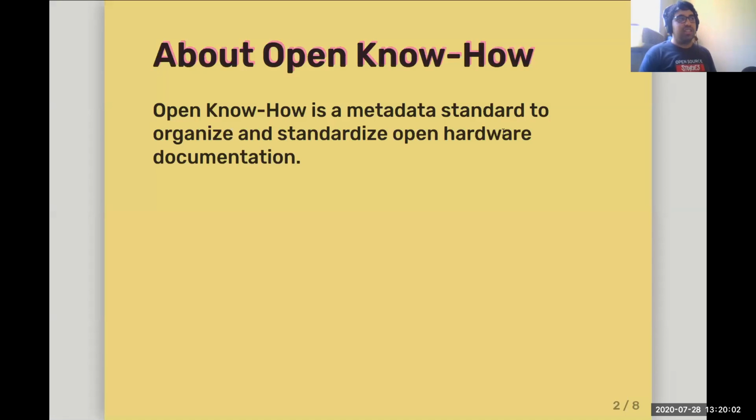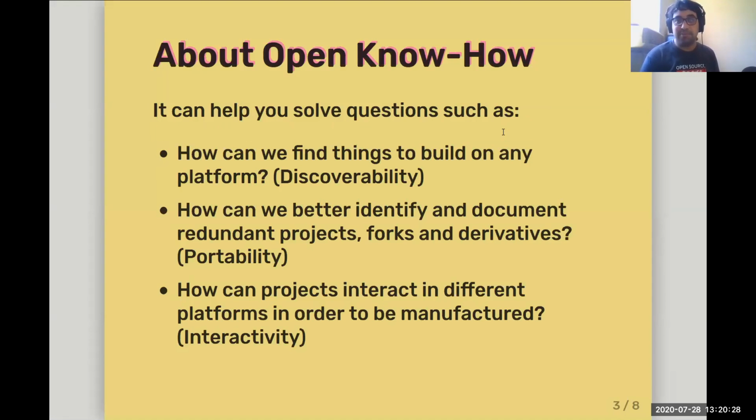And as Andrew mentioned, this is a metadata standard to organize standardized documentation. And the idea is that we can find the minimum amount of information that could be needed to index and to transport information in a more efficient way, so that people can find it, so that there are platforms that can take the same information and you can, for example, decentralize more of the documentation so that an Open know-how